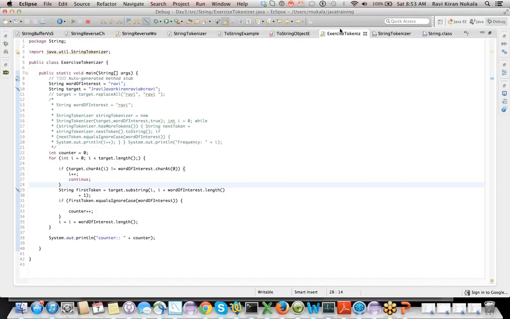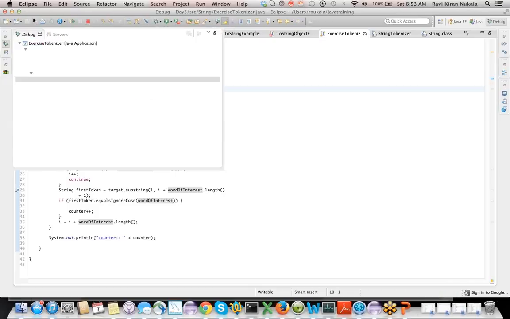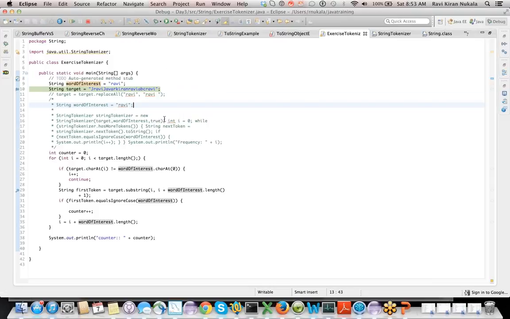It is still throwing out of bound exception because even on the last step probably we are incrementing it by length. Let me see. There is an infinite loop. This is like a real error prone solution. String tokenizer is better. Let's see. One last time we'll try to see if we can fix it before we stop.